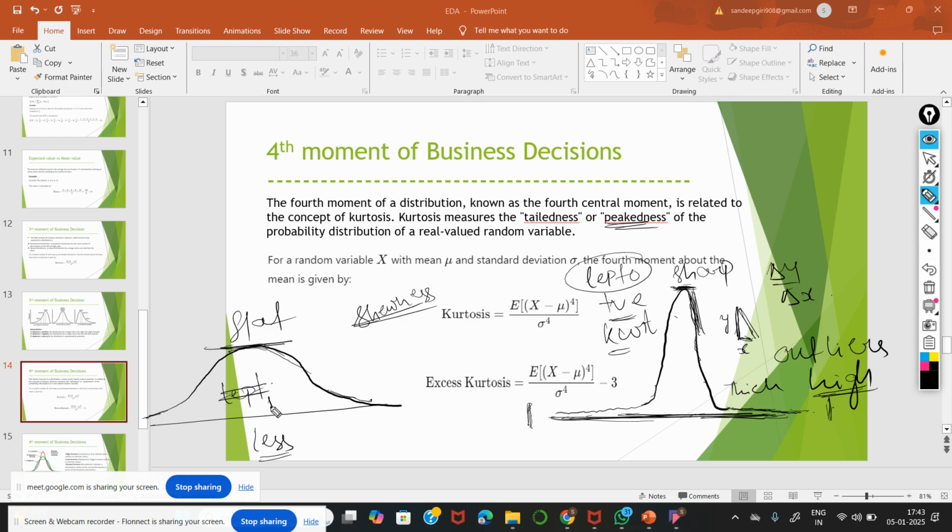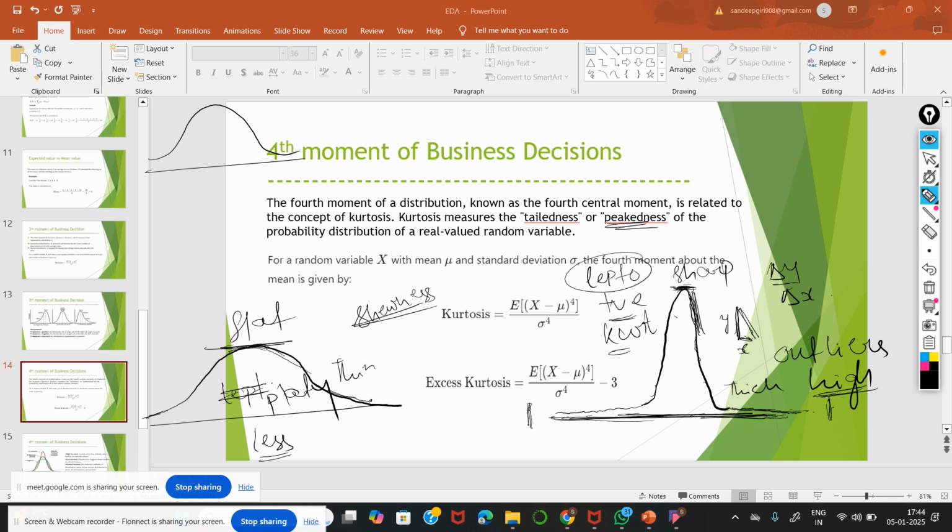Sorry, this one is platykurtic. This one is leptokurtic distribution, this one is known as platykurtic distribution. Platykurtic characteristics: peak flat and tail is thin. Leptokurtic: peak sharp and thick tail. Okay, so these are the properties of kurtosis. Fine, and if I give you something like this, it is a normal distribution. Okay, kurtosis value is